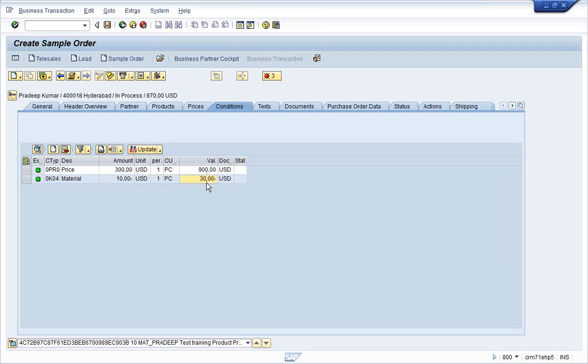And where is it maintained? It is maintained in your pricing condition master data or your product master data. I'll show you.